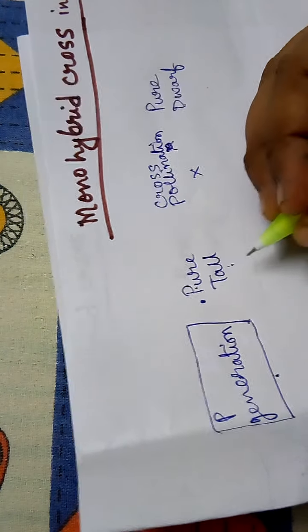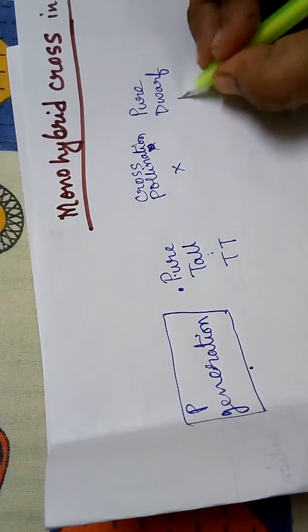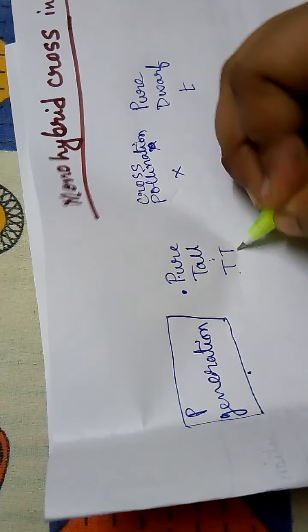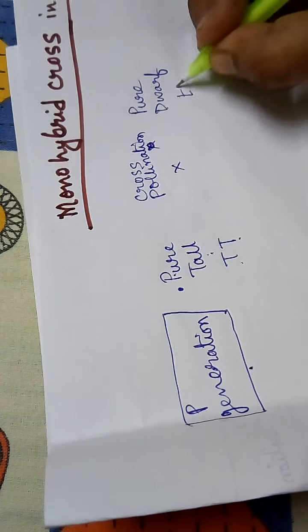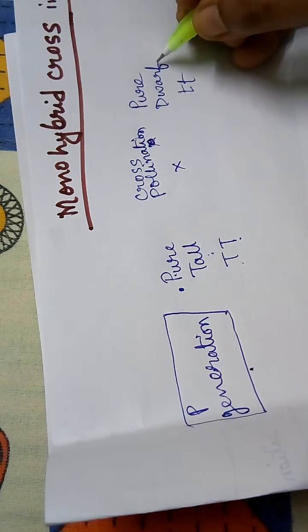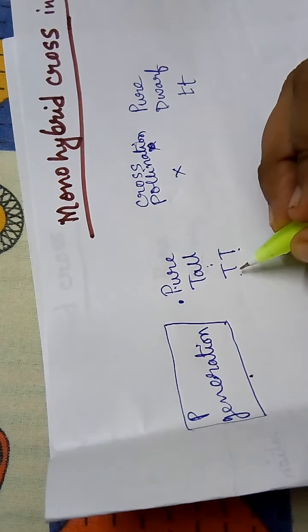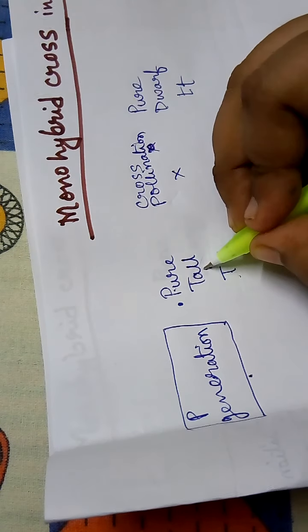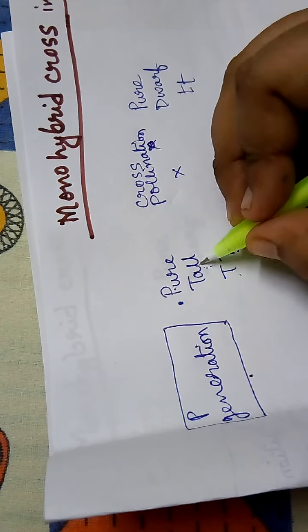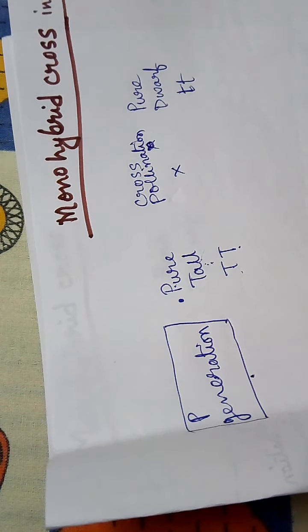So what will be the genotype of the pure tall? Capital T, capital T is the genotype of pure tall pea plant, and small t, small t is the genotype of pure dwarf pea plant. Capital T is the gene for tall trait, and small t is the gene for dwarf trait. Next,